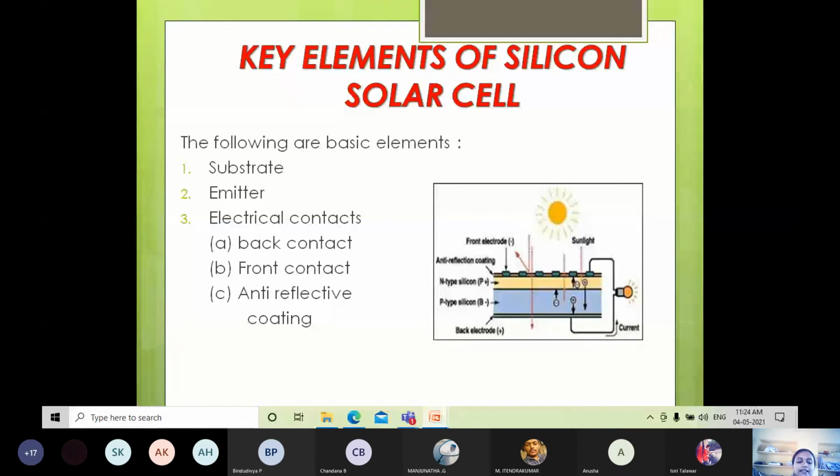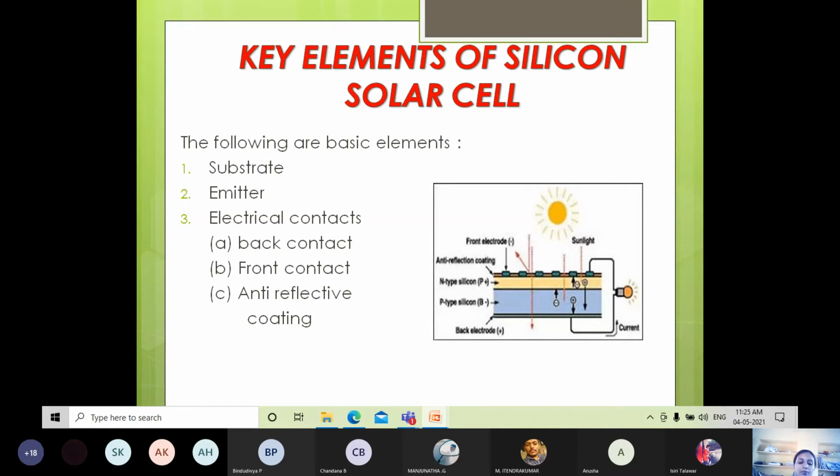Next, the doping is done by the process of diffusion. Here the doping is done by the process of what? Diffusion. The basic idea is to introduce the wafer to an environment rich in phosphorus at high temperatures, and due to the concentration gradient, it can be controlled by varying the time and the temperature of the process. And here the doping concentration will be of the order of 1 × 10^19.